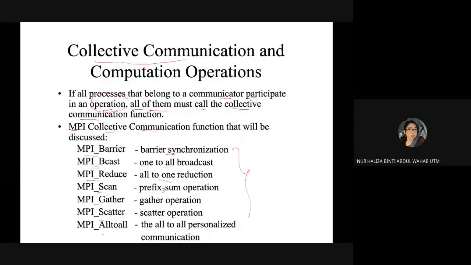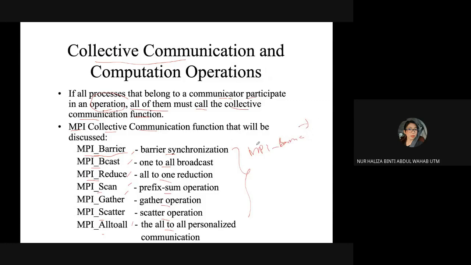Some of the questions, if you have multiple choice, are easy for you. Maybe you will be given the source code and asked: what is this function, where is it applied, whether MPI barrier is point-to-point or collective communication.